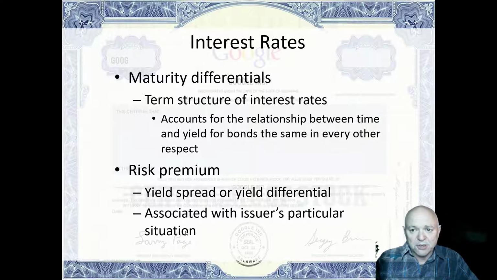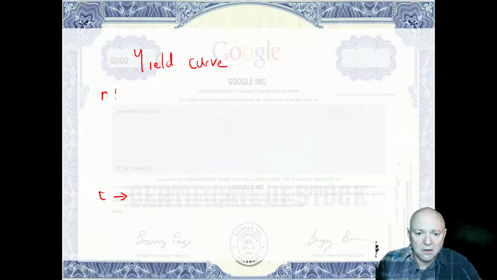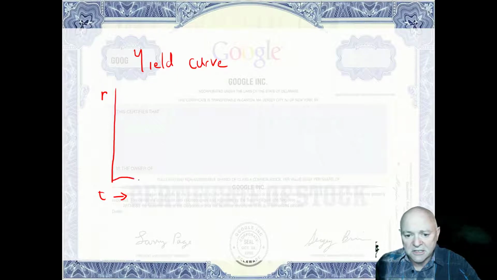Now, the term structure is often described by something called the yield curve. And when we talk about our yield curve, essentially, the yield curve relates time and the interest rate. So if we have the interest rate on this axis and time on that axis, if we go between a time of 0 today and perhaps 30 years in the long term, and we give each of these categories a